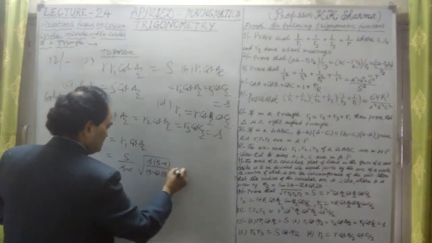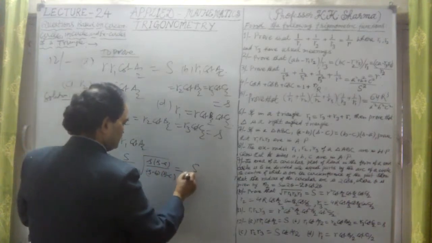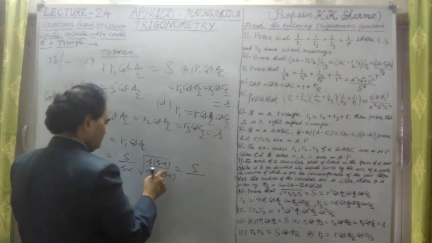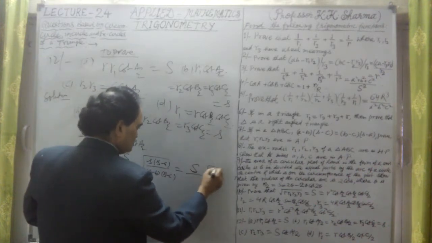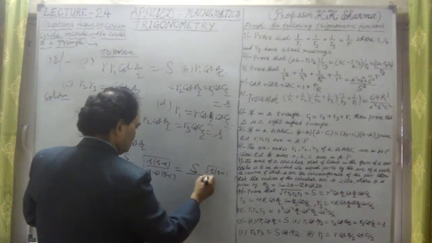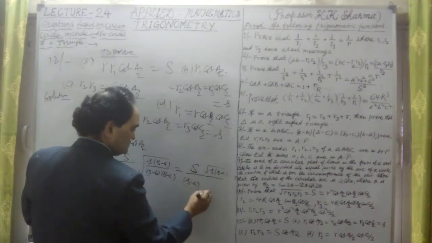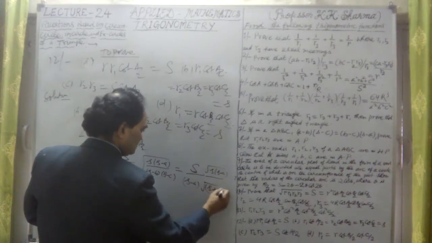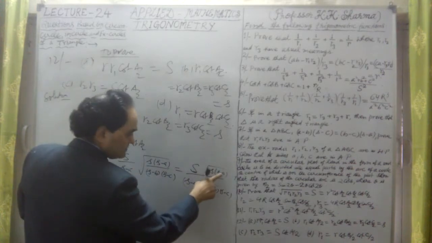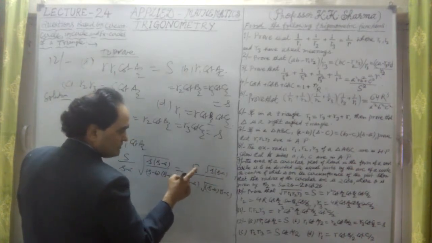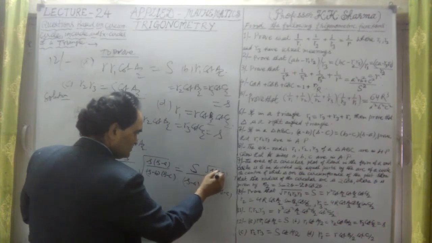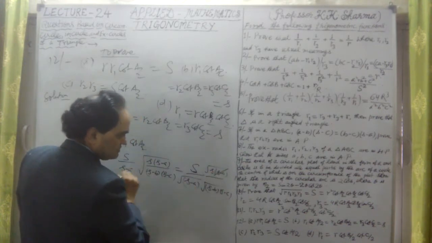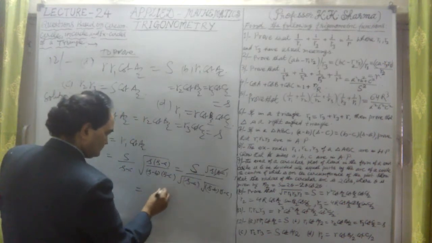Cot A by 2, I can write it as capital S upon, now in the numerator we are having under root s minus a, s minus b. If I multiply by under root s into s minus a divided by s minus a into under root s minus b into s minus c, okay, now I have to multiply by under root s into s minus a. This value is under root s minus a, under root s minus a. One s minus a cancelled out, this will be under root s minus a, left with under root s, capital S into